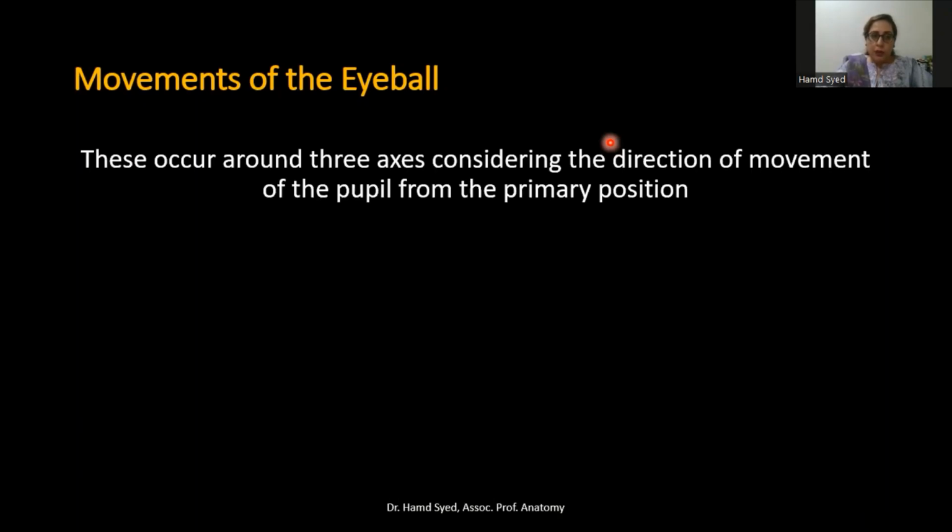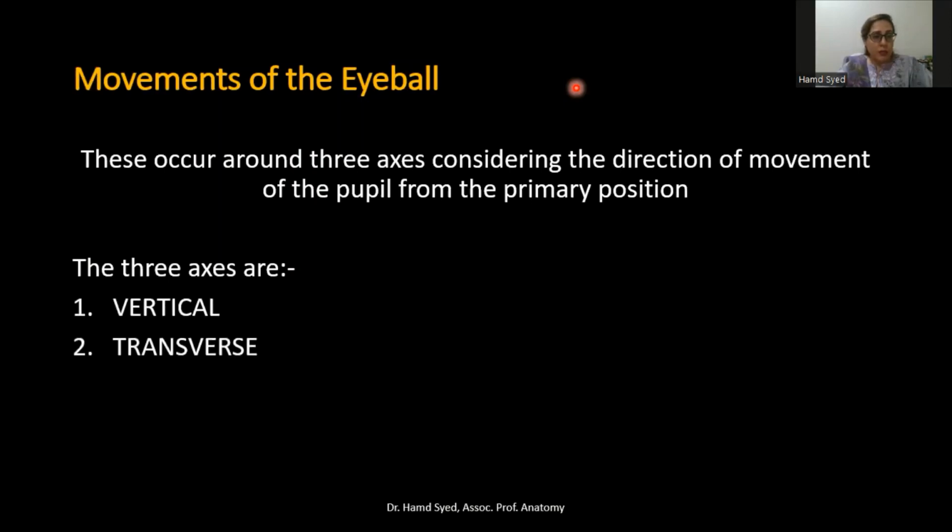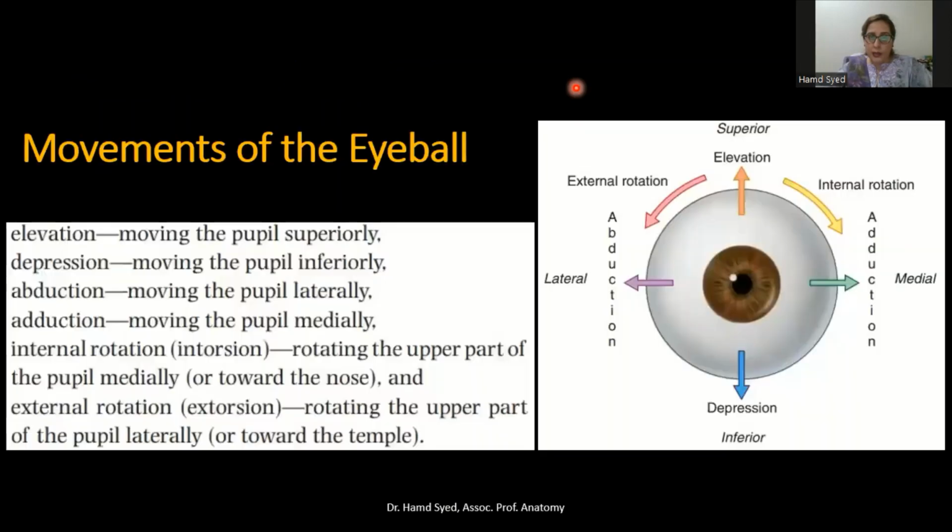Now, before we discuss the extraocular muscles, I would like to talk about the movements of the eyeball. The movements of the eyeball, remember, occur in three axes, considering the direction of movement of the pupil from the primary position. And these three axes are the vertical axis, the transverse, and the anteroposterior axis. So here is the diagram of the eyeball, and these arrows, which are representing elevation and depression, in which the pupil moves superiorly or inferiorly, respectively,